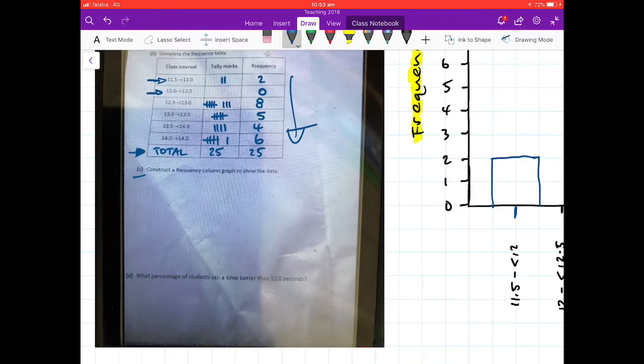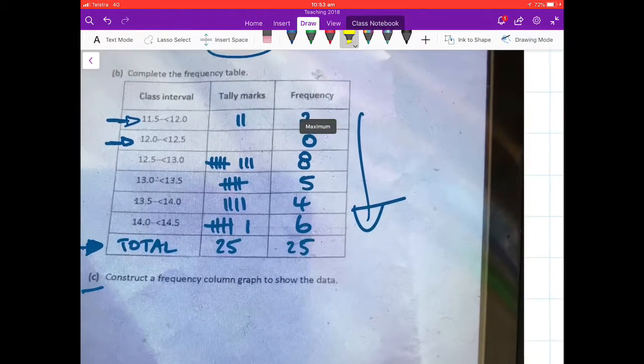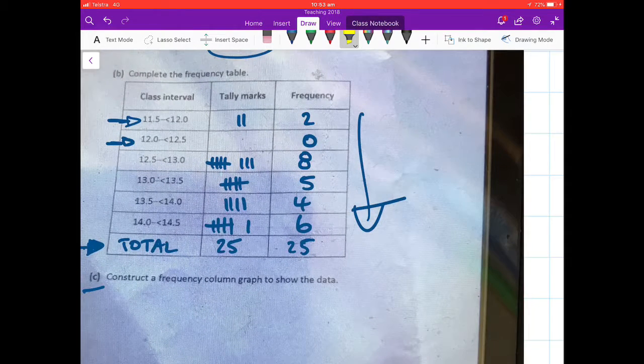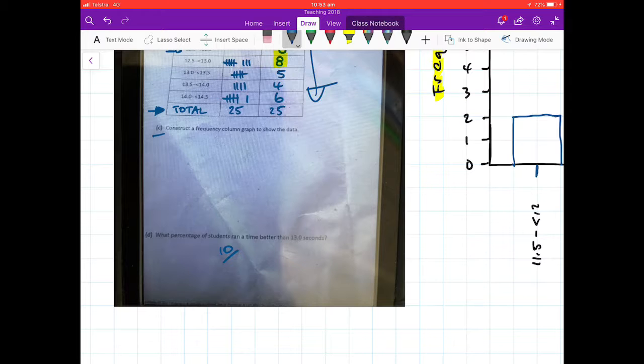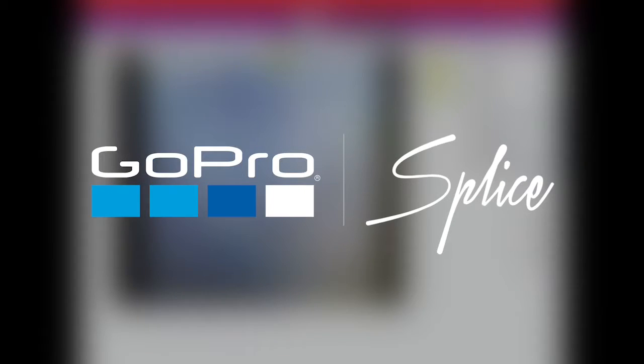All right, now let's have a look at the last one. What percentage of students ran a better time than 13 seconds? So better than 13 will be everything less than 13 seconds. So up here in our table, less than 13, that would include this one here, and this one here. Even though this says 12.5 and we've got 13, it's less than 13, which is the important part. So what we've got is 8 and 0 and 2. We've got 10 students out of 25, which would be 0.4, which we know is